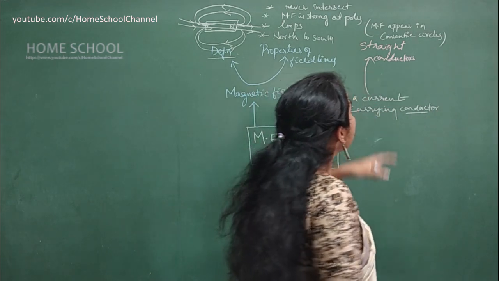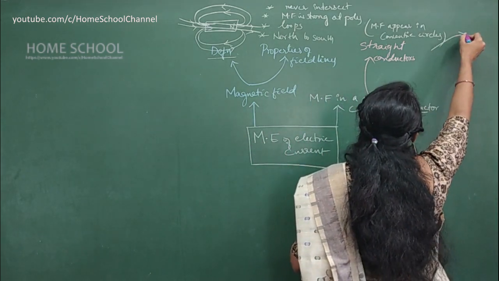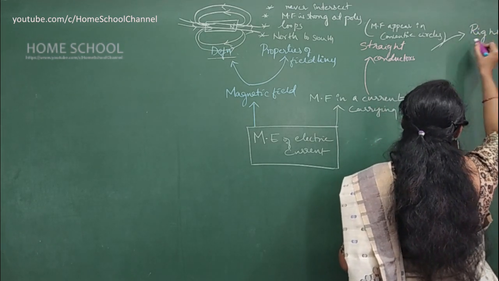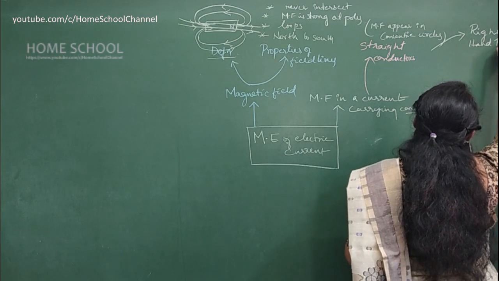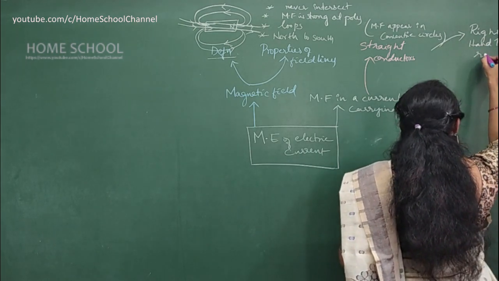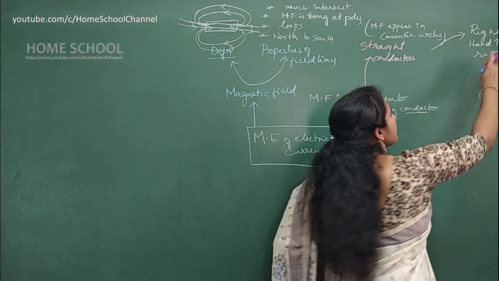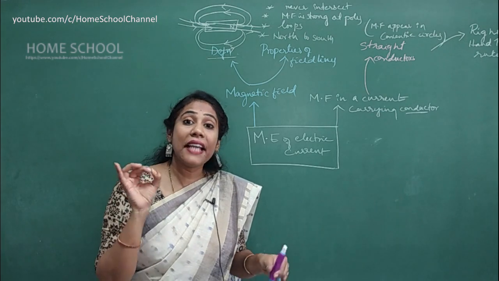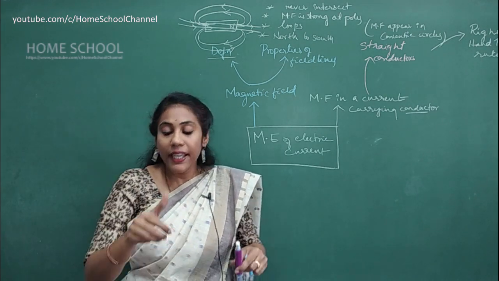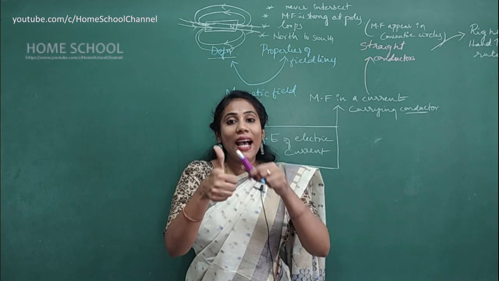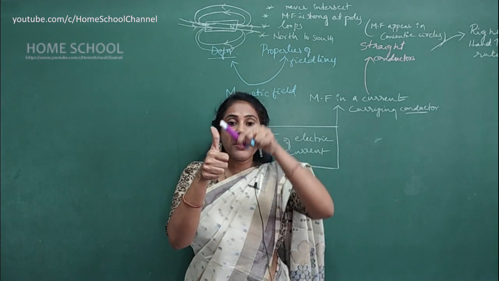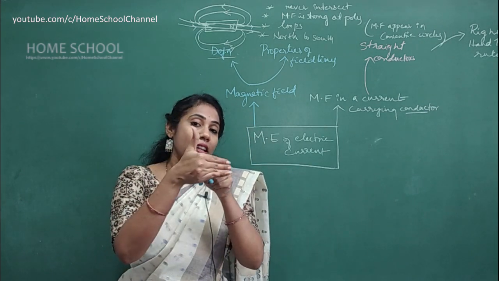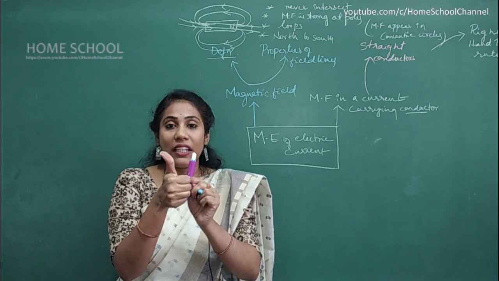And here you studied something called the right hand thumb rule. Very, very important, right hand thumb rule. The definition of the right hand thumb rule is very, very important. So what is the right hand thumb rule? It tells about the direction of magnetic field lines. If you consider the thumb as your conductor, if this is the direction of current, then the direction of magnetic field is identified by the curled fingers.